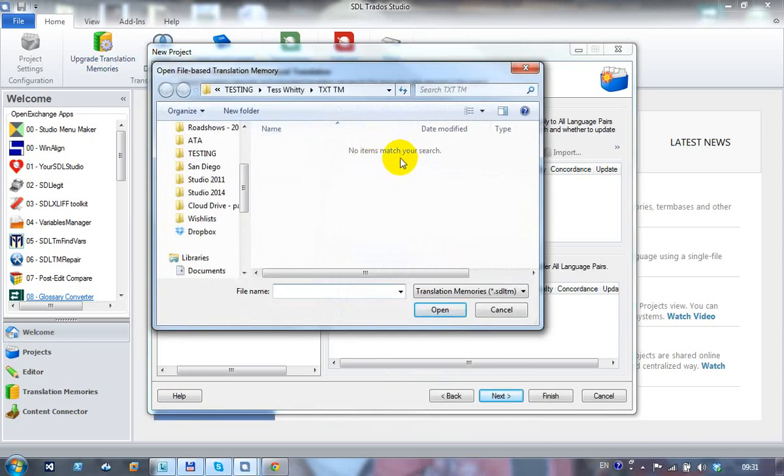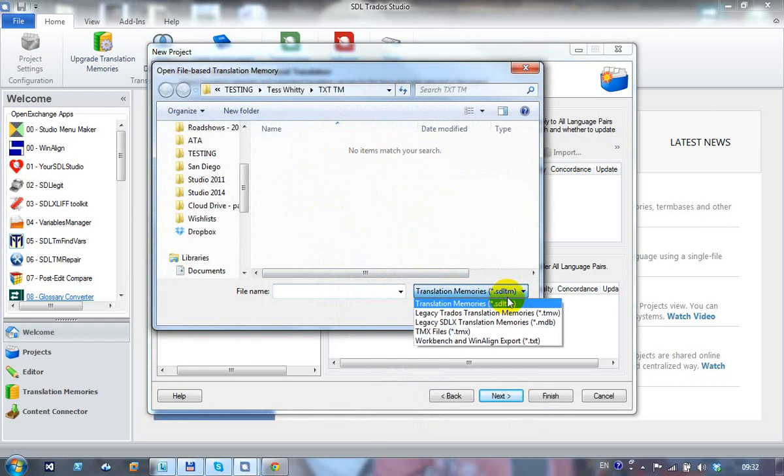The folder I'm going to actually contains the TXT translation memory, but you can see I cannot see it in here. This is because the default is an SDLTM. If I click on the drop down, I get the legacy formats that are supported in here as well. And the last one actually says Workbench and WinAlign export star.txt. It's a little misleading because this is actually